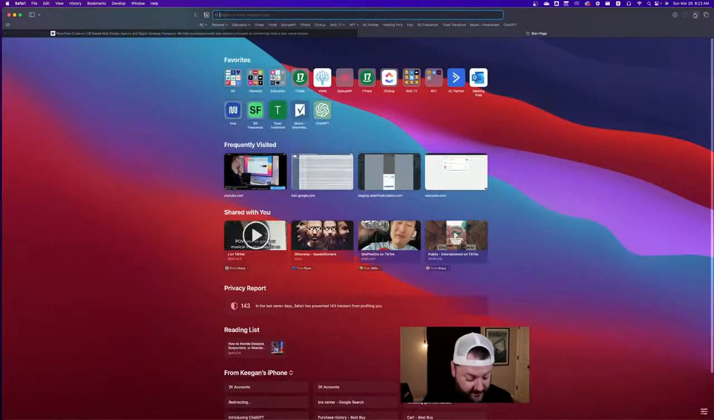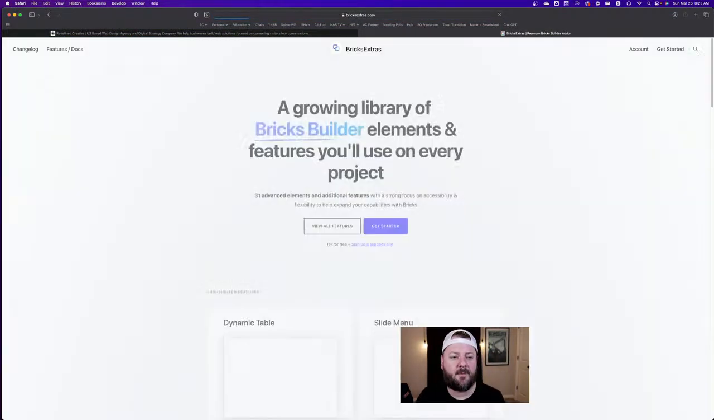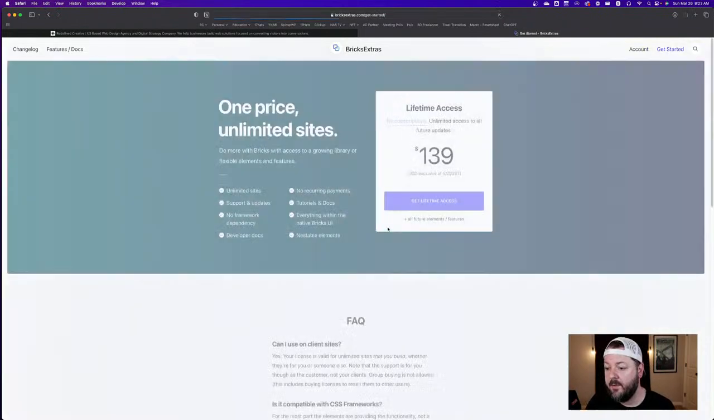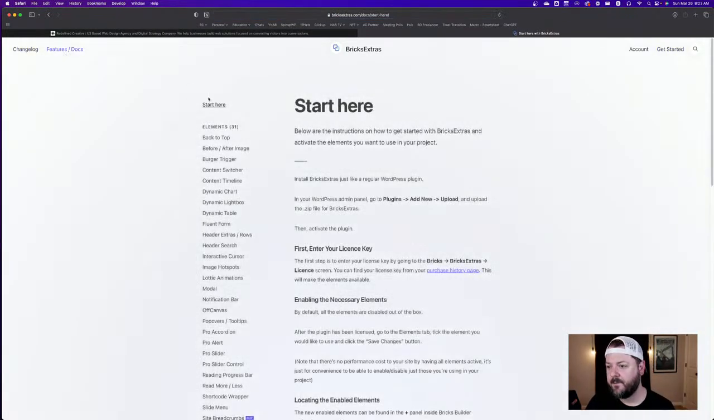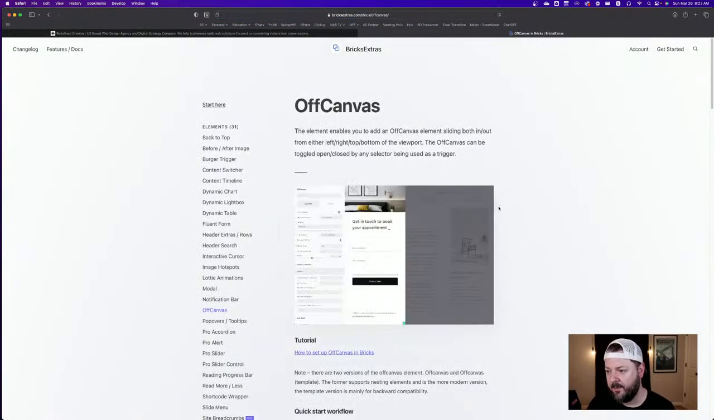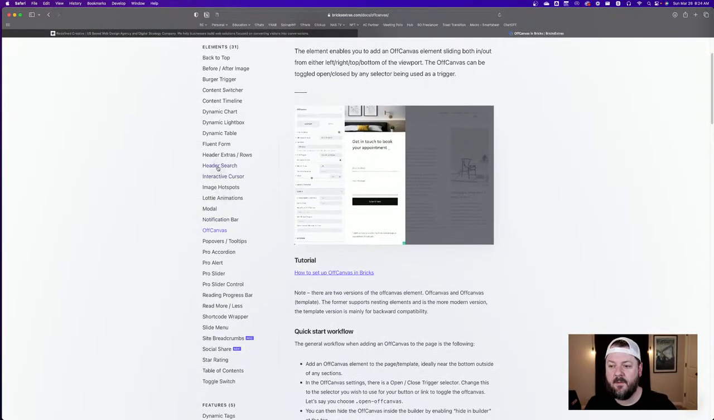All right, and let's go over to Bricks Extras real quick. Since I'm talking about it here, I do want to be fair, because it's not just a matter of getting Bricks. You do have to go and get Bricks Extras. So I did pay the one price, $139, unlimited sites forever, all future updates. It's not that much, and there's a ton of really cool features. You've got all these additional things. So that off canvas, this is what I was talking about and showing you. This could be great for email signups, but